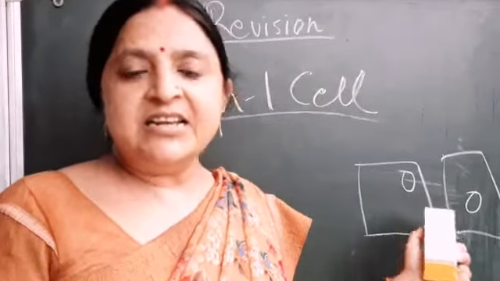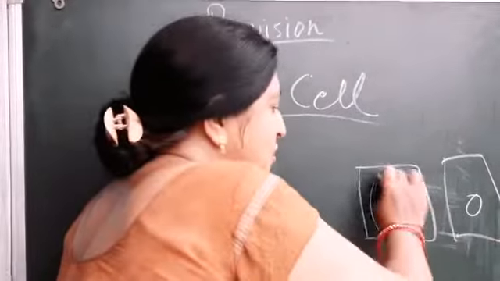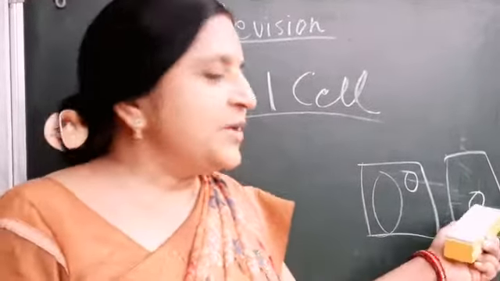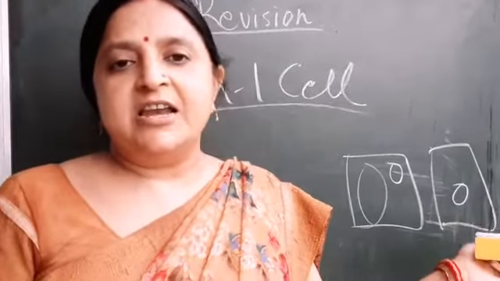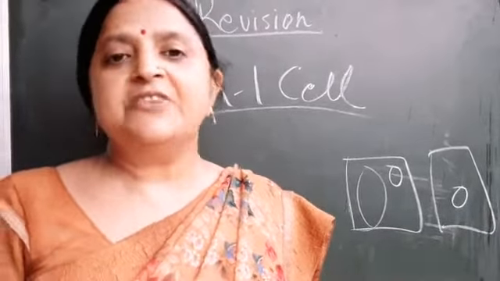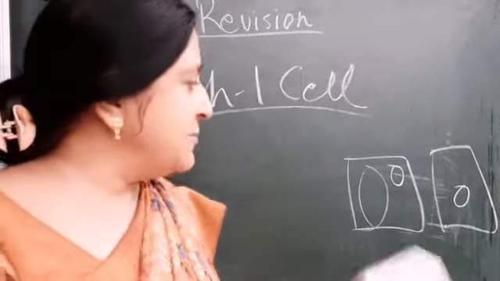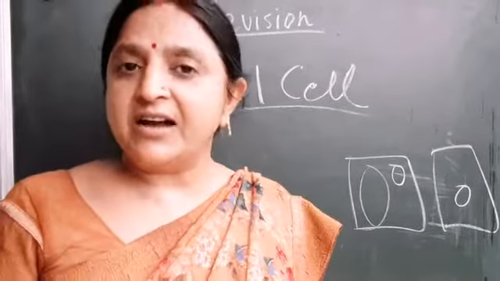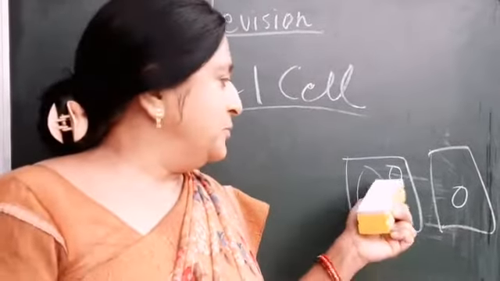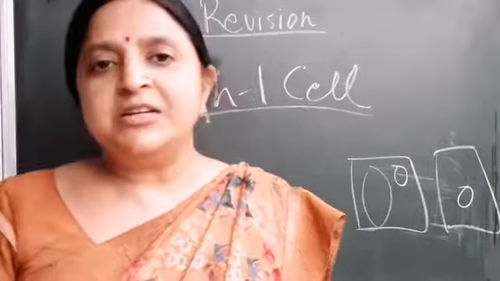It is acentric in plant cells because of the presence of a large vacuole in the plant cell. Vacuoles may or may not be present in the animal cell. If vacuoles are present in the animal cell, they are very small in size. But in the plant cell, they are very large. So because of the large vacuole, the nucleus becomes acentric in the plant cell.